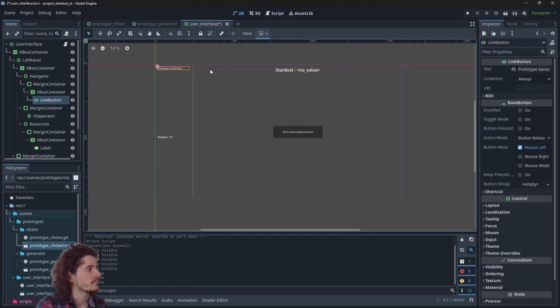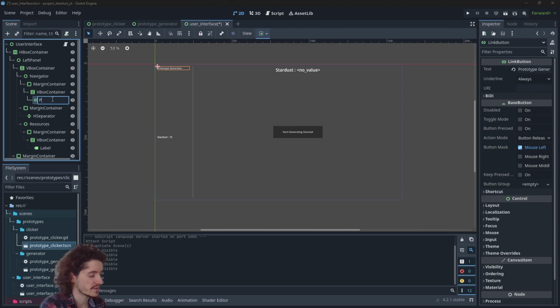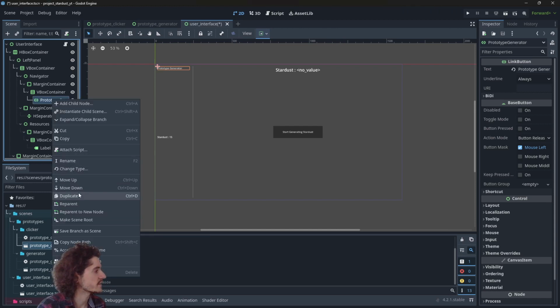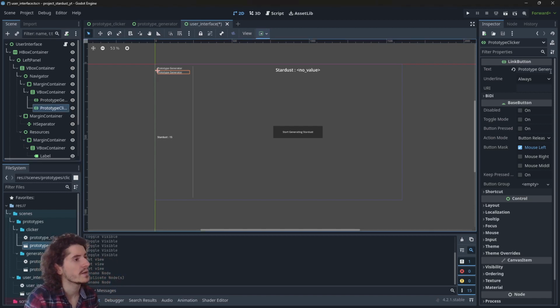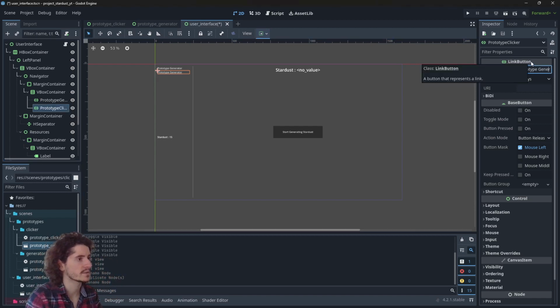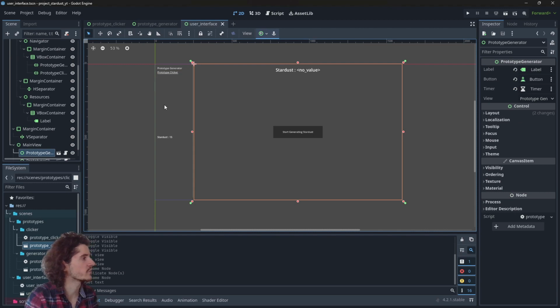let's create a button for prototype clicker and we will connect the signal emission. Okay, so let's rename this prototype generator and let's duplicate, name it prototype clicker. All right, and change the text to prototype clicker. All right, so we have two buttons